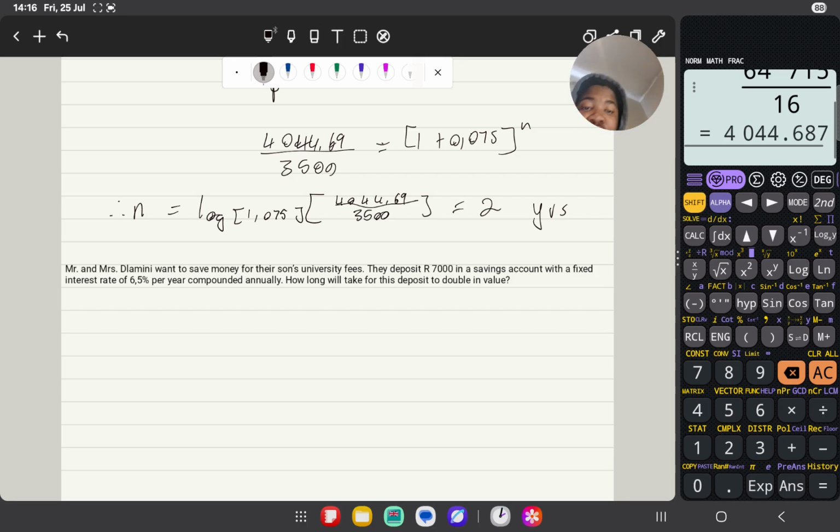So we want it to double in value, therefore A will just be 2 times 7,000, which is the deposit, or P, so it's going to be 14,000. So you go to your formula, A over P equals